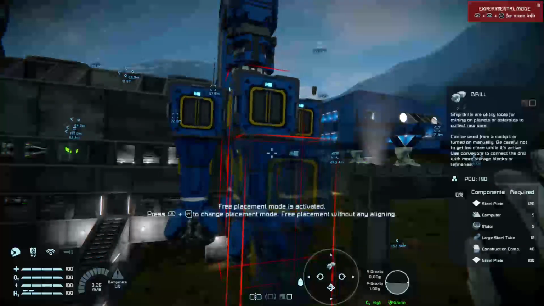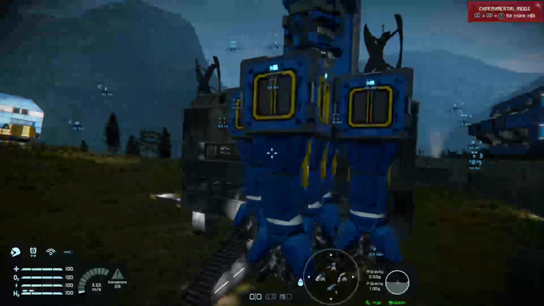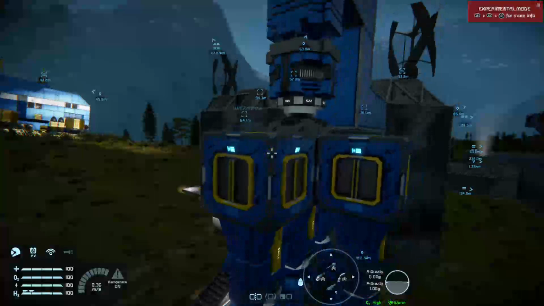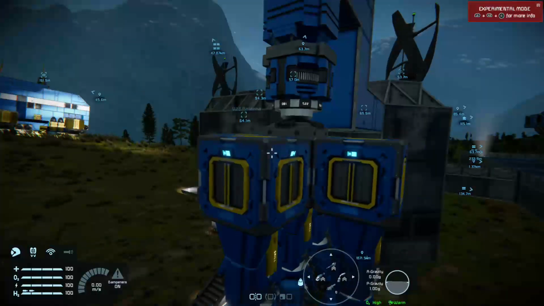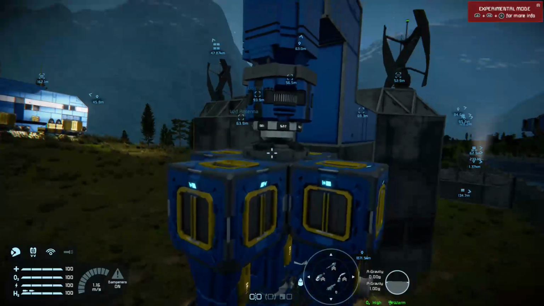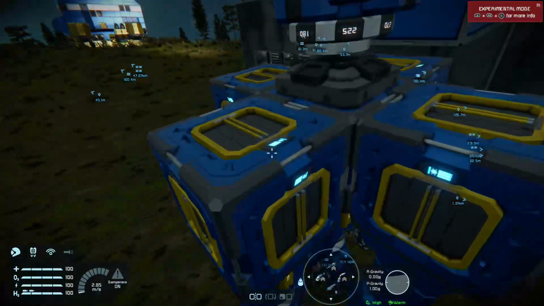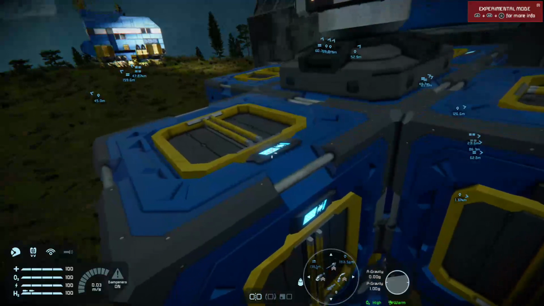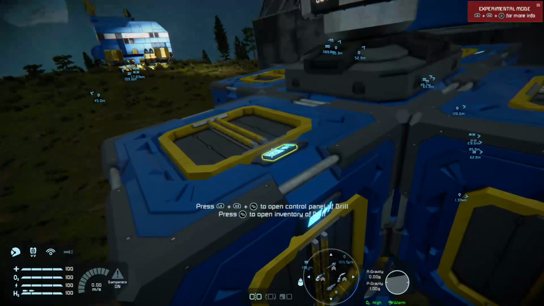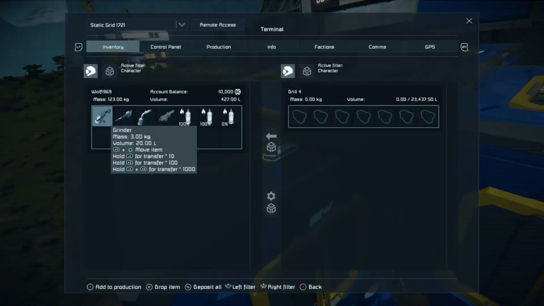Oh look, it's starting to wobble. See that? Now that isn't with the piston extended. You can see the wobble's actually quite dramatic.